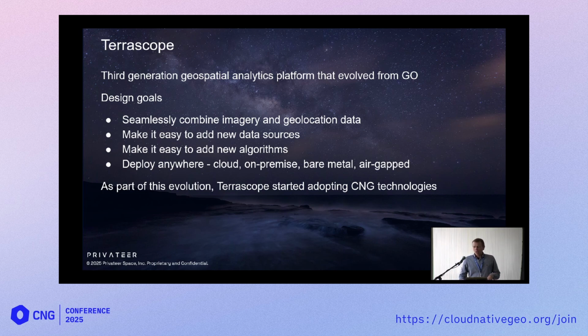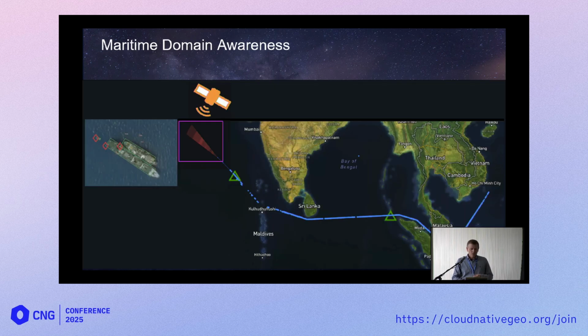before that. So with Terrascope, we wanted to make it easier to combine imagery and geolocation data, make it easy to add new data sources, make it easy to add new algorithms and models, and then one thing that's actually turned out to be quite important is deploy anywhere, so cloud, in government cloud, on-premise, on bare metal, and in air-gapped environments. And so as we move from Go to Terrascope, we've adopted, and I'll go through these various CNG technologies. And let me just show you one quick use case so you kind of see what we're trying to